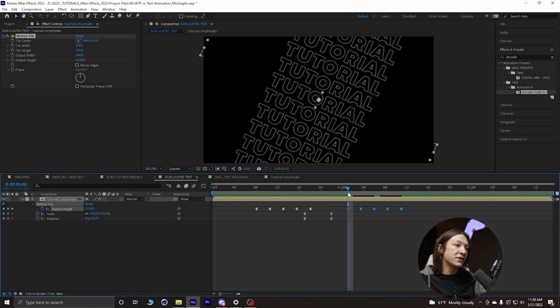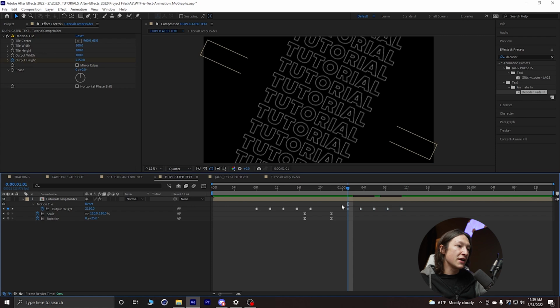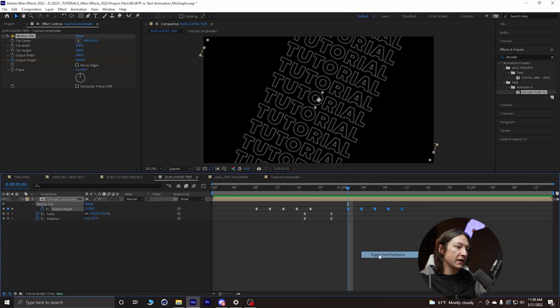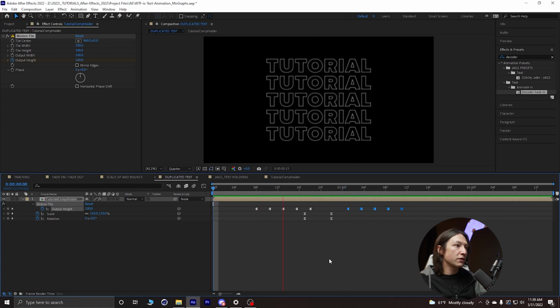And what that will do is say, okay, I want you to reverse the values of those keyframes. Now I realize it does a weird thing whenever you choose that setting, so I'm going to make sure that I select all these keyframes once again, right click and toggle hold keyframe. So now if I play this back,